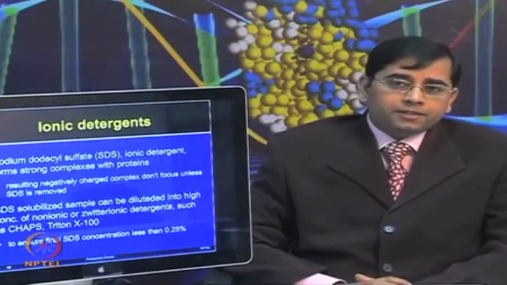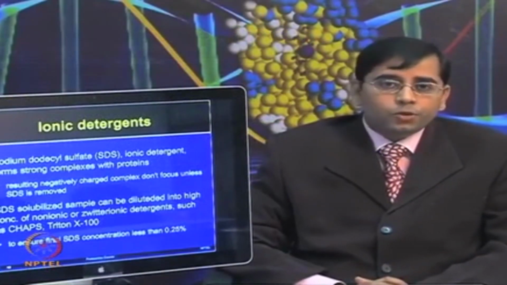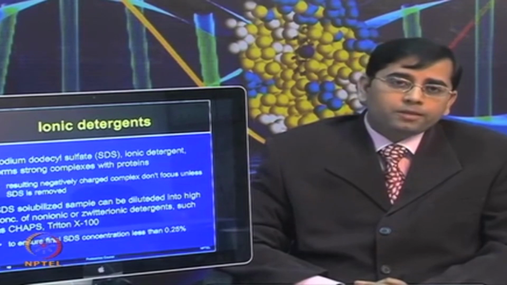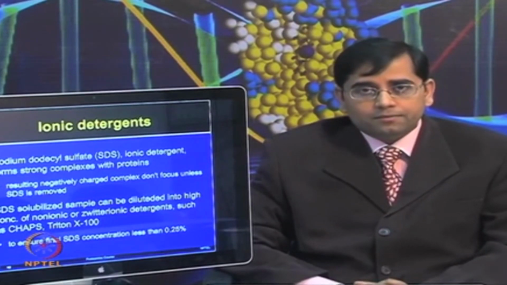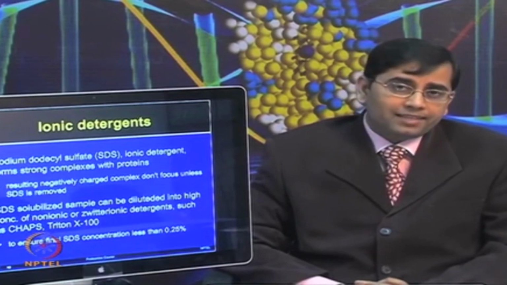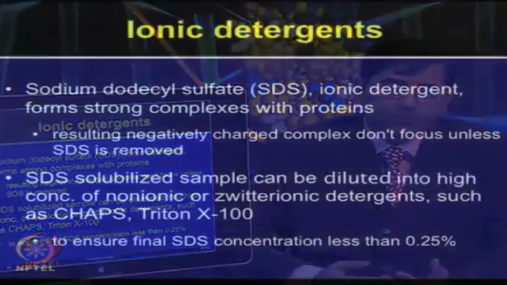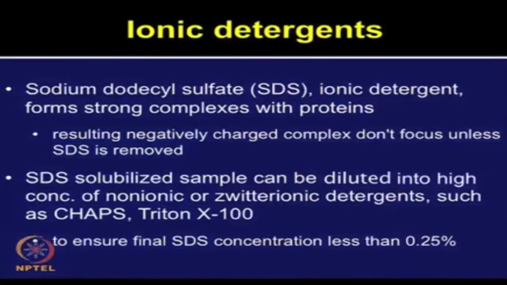Now, let us talk about ionic detergent. SDS, sodium dodecyl sulphate. This is one of the anionic detergents which forms a very strong complex with proteins. We will talk about SDS and how it can be used for gel electrophoresis such as SDS-PAGE. But in this context, when you are talking about protein preparation, SDS is a very efficient compound. However, if later your aim is to perform protein separation by using isoelectric focusing or other gel based methods,